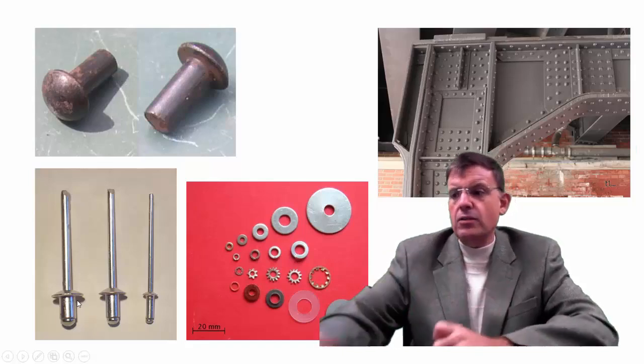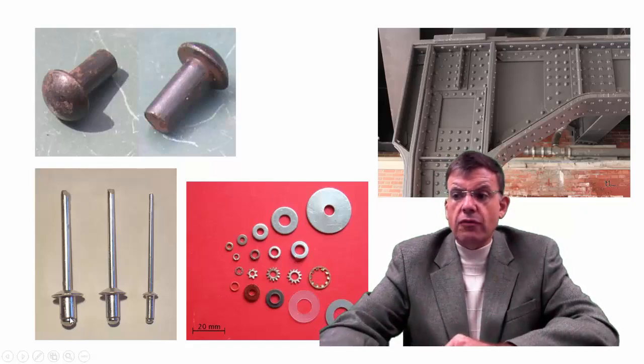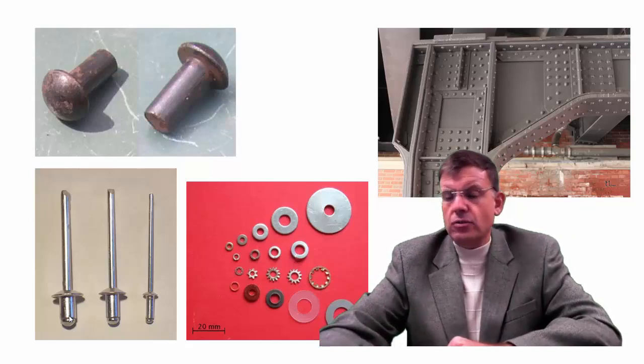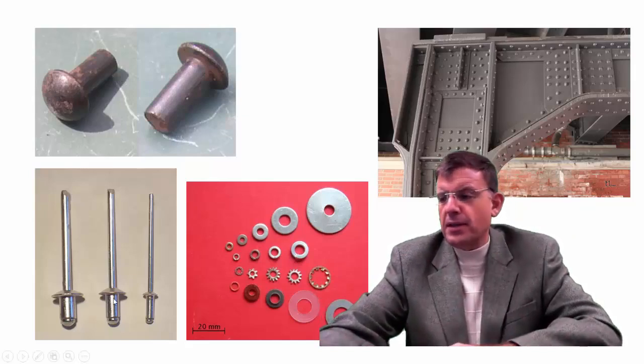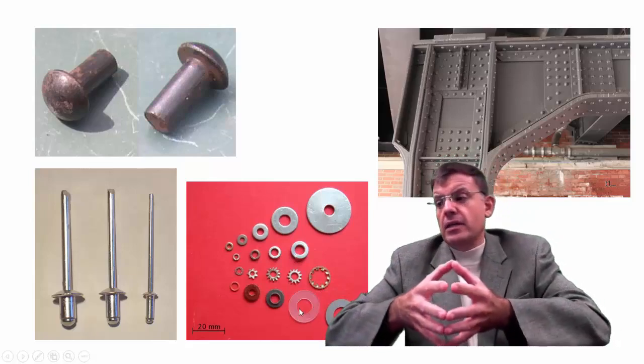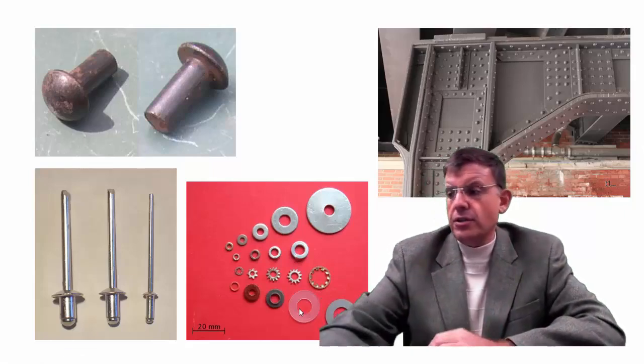So if you have access only from one side, you can still use a rivet and use a device that will deform it on the blind side, on the side that you would not otherwise have access to. Of course, that's a one-time deal, right? Here's an assortment of washers in there. We can see different types, and also notice different utilities in there. So some of maybe different materials, depending on whether you have cosmetic concerns versus fastening concerns